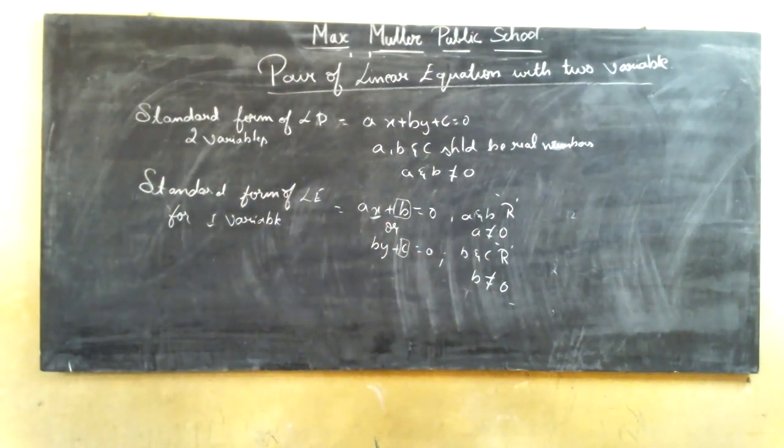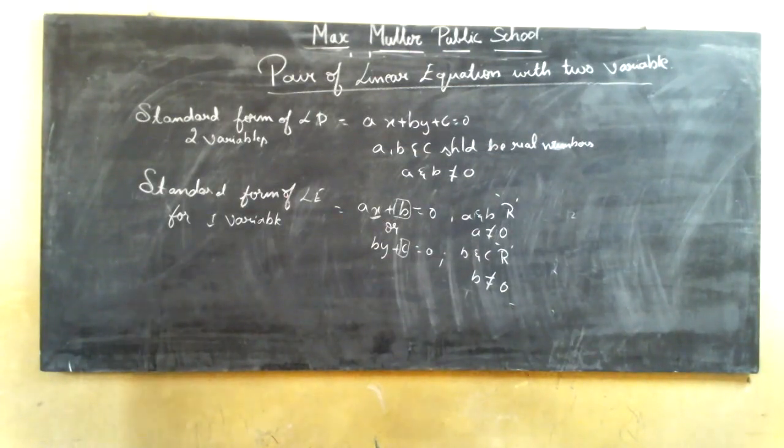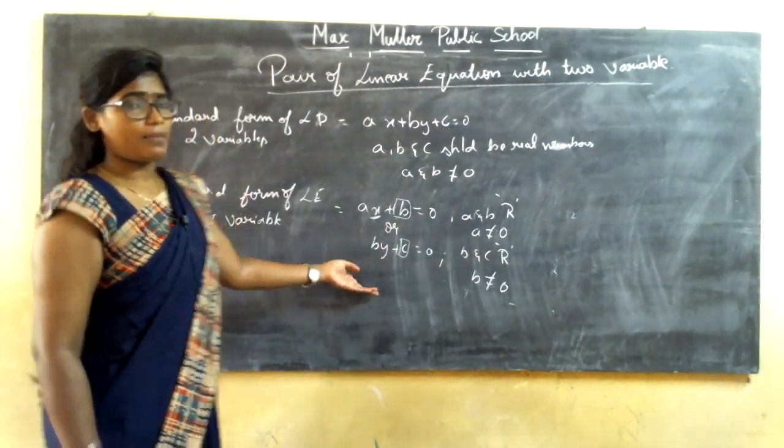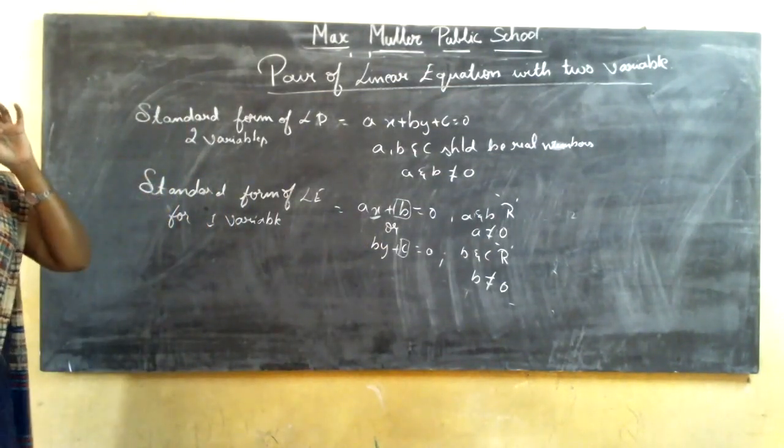They will ask you the question in the multiple choice. The complete paper is based on multiple choice, so we are going to deal with 1 mark questions itself. So they'll ask what is the standard form of a linear pair of equations for two variables, and they'll give you four choices. In that you need to choose ax plus by plus c is equal to 0. Then they'll ask the standard form of a linear equation for one variable. So it can be ax plus b is equal to 0, or it can be by plus c equal to 0. Whichever is the correct answer among the choices, you are going to take it.